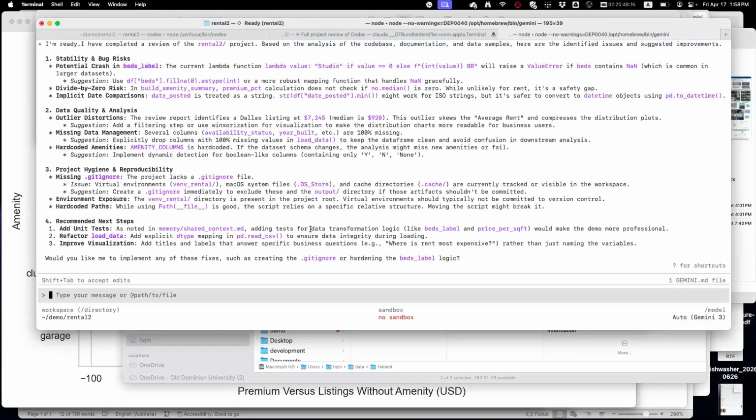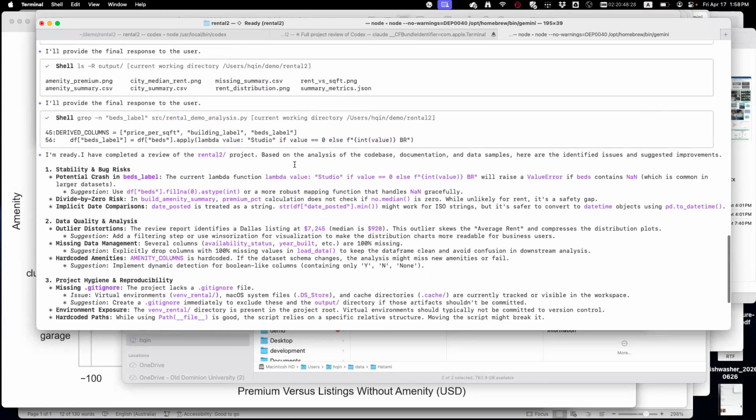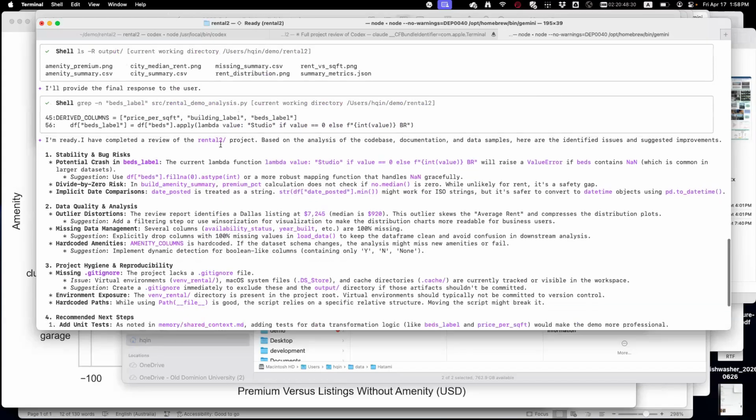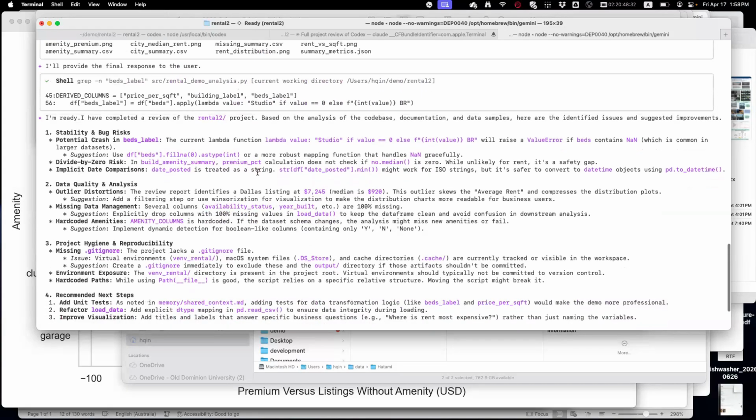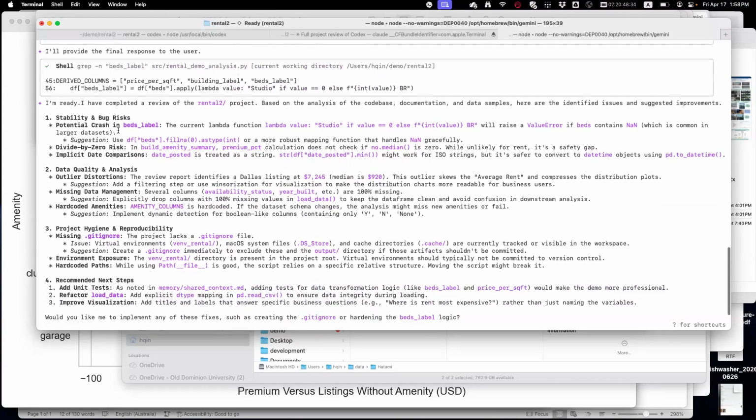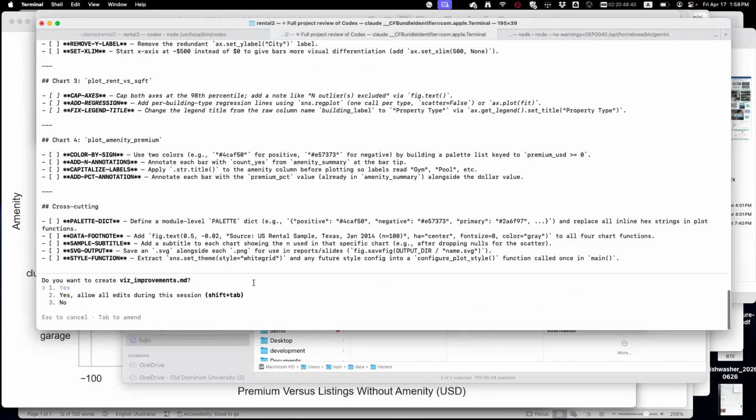Yeah, I learned so many things after Claude leaked its own code. Before this, I did this in an almost haphazard way. So, gee, that's Gemini's evaluation. Potential crash, and all those potential issues.